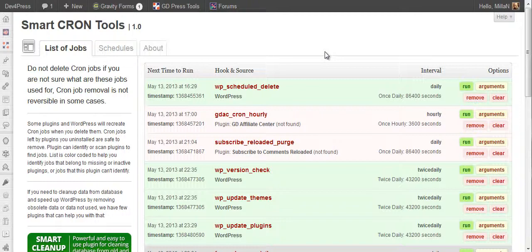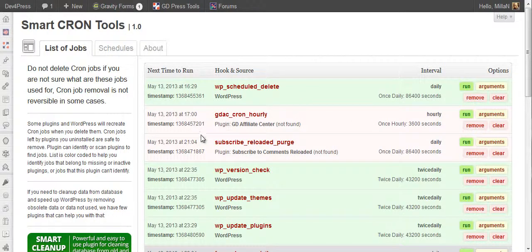To identify which job belongs to which plugin or WordPress, the plugin uses a small internal list of jobs and the plugins they belong to, and based on that it is able to identify some of the cron jobs you might have on your system. For all the other cron jobs that are not in this list, the plugin performs a scan of the plugins folder to find which job belongs to which plugin. This is a pretty precise process, but there are some instances where some cron jobs cannot be identified. But in most cases, this will work.